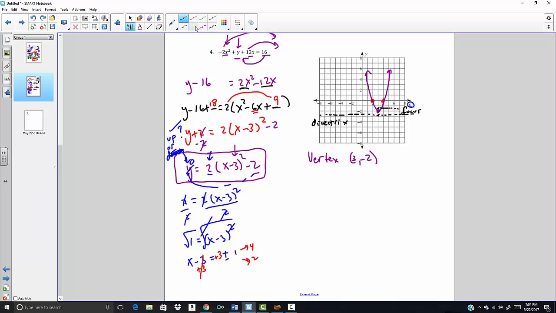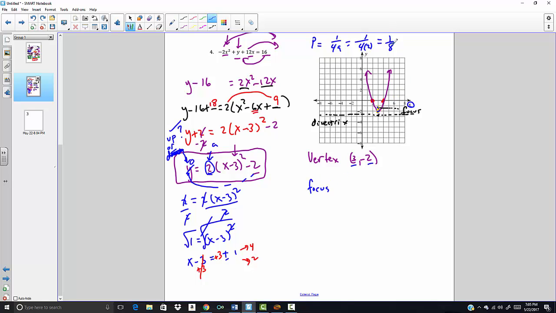Now, that distance from the vertex to the focus, this very short distance right here, is found by the quantity called p, and p is always equal to 1 over 4a, and a happens to be this number in front that we keep using. So it's really 1 over 4 times 2, which is 1 over 8, so a very short distance from the vertex to the focus. And we're only going up from the vertex, so we're going to add to the y value, and this will not change this x value. So this focus